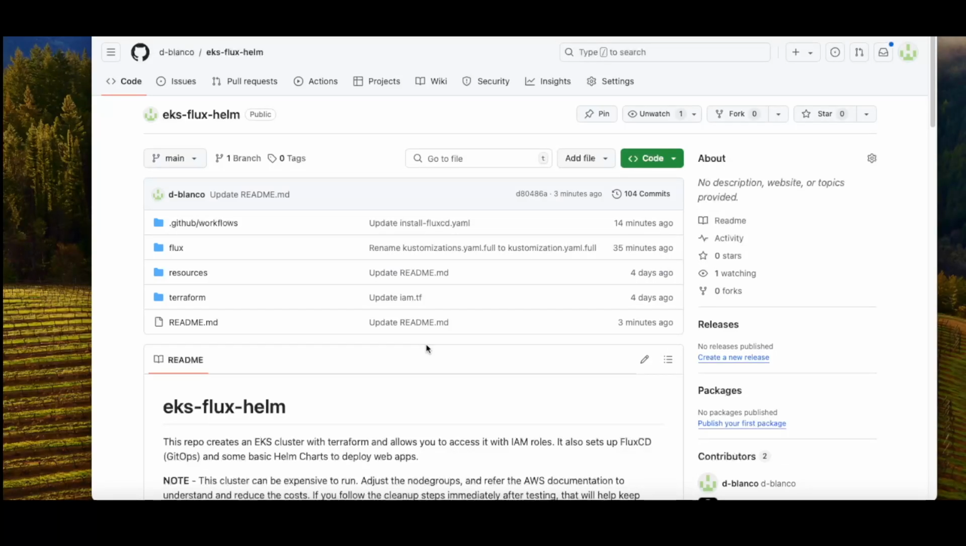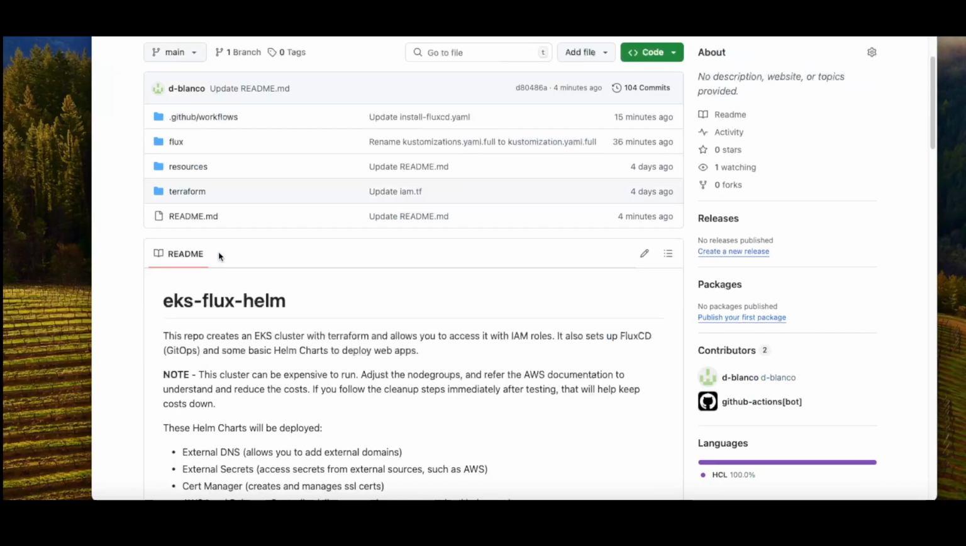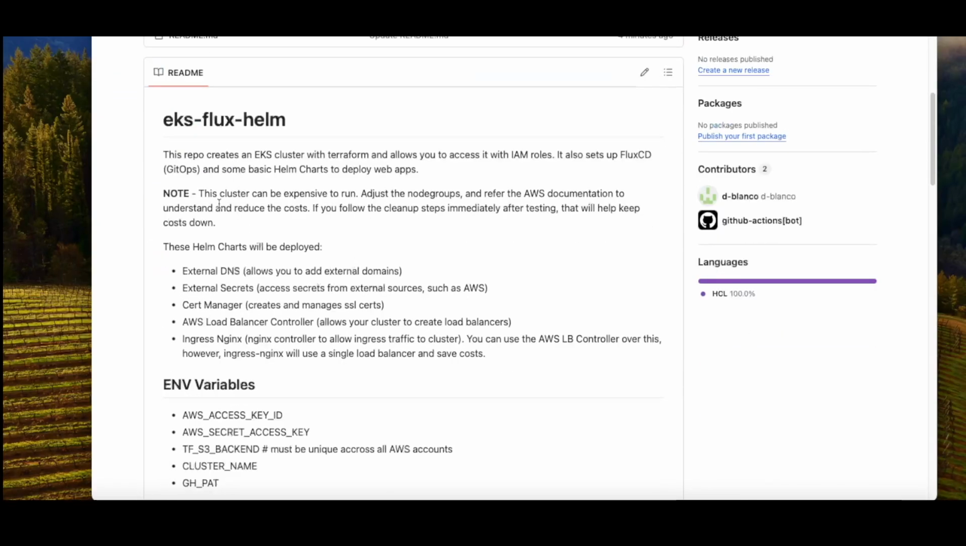In this video, we're going to be creating an EKS cluster with FluxCD and Helm. This repo is public. You'll be able to access all of the files in there. It has everything you need to create it. And it has a README that will give you a brief summary on what you're going to be creating, which